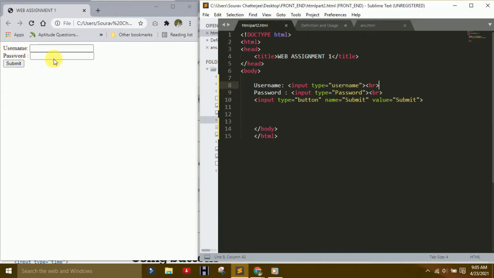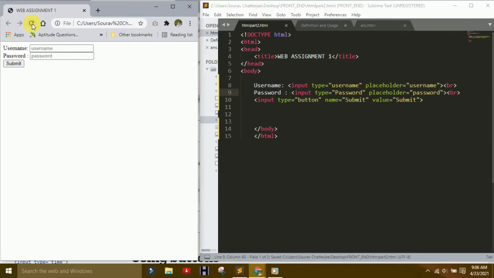Sometimes you see a username placeholder and a password placeholder there. So what is the placeholder? Placeholder means the text that shows in place of the name. Your username. Then use it here also if you want. For username and password, the placeholder is one type of watermark, you can say.